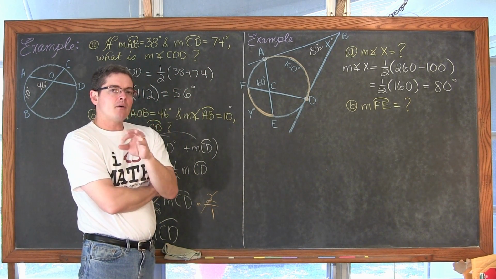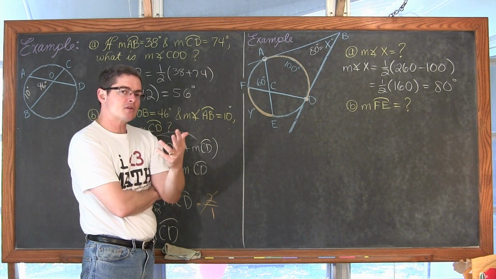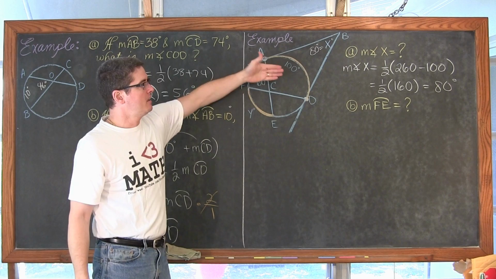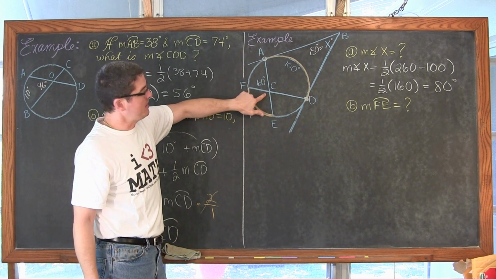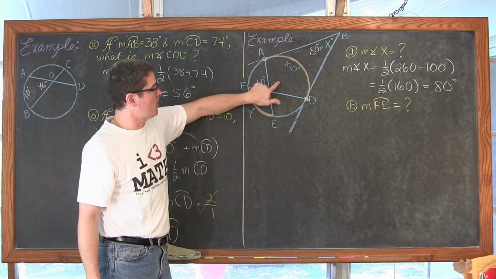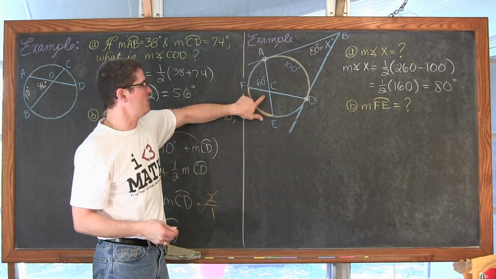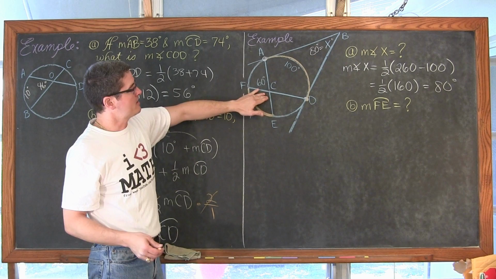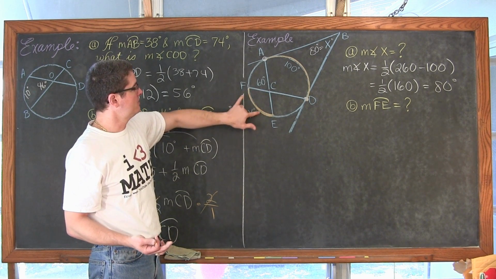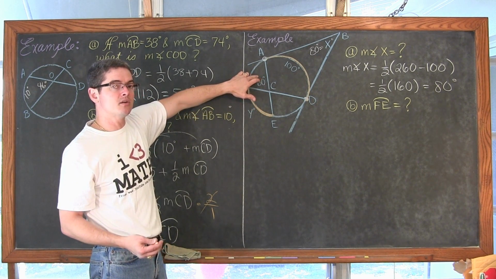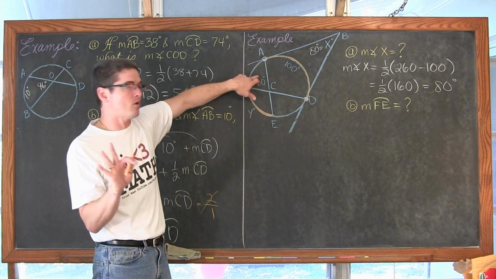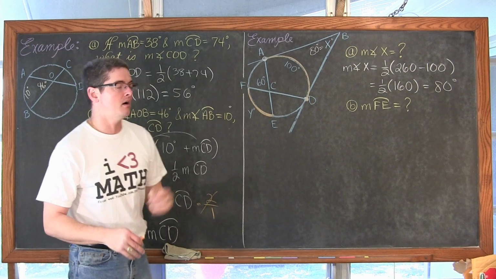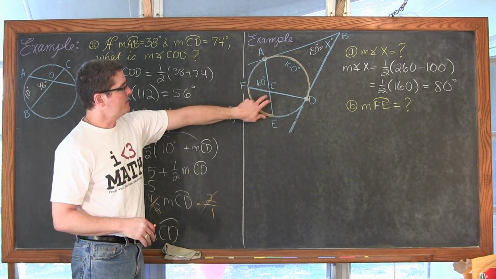If I don't figure out, based on other information in the diagram, some more information with these two arcs, I'm not going to be able to find this answer. Because I need to know something about angle C, or one of these two angles, or vertical angles, are going to be equal, FCE or ACD, to be able to find the measure of arc FE. Well, that's right here. This is 60 degrees. Now, that's not going to be used in any formula working towards directly finding the measure of arc FE. I need to know this angle.